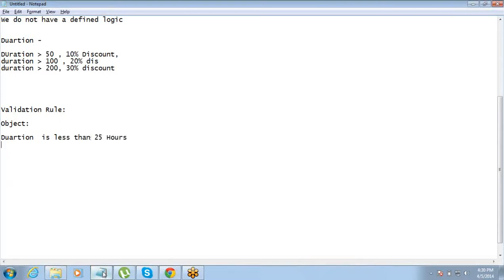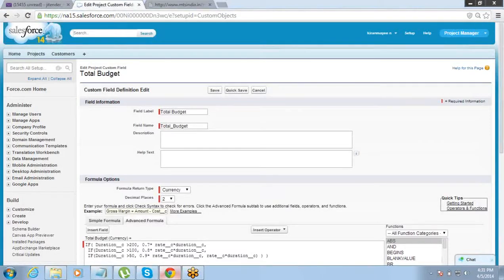And we also will not take any project where the rate is less than $30. So what we can do, we can define these as validation rules here.